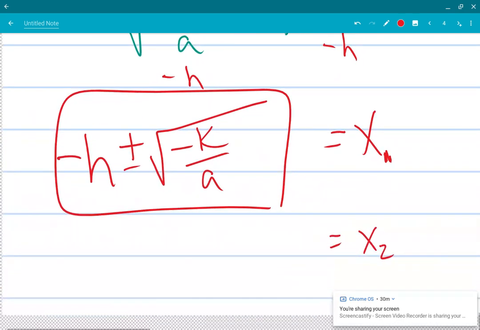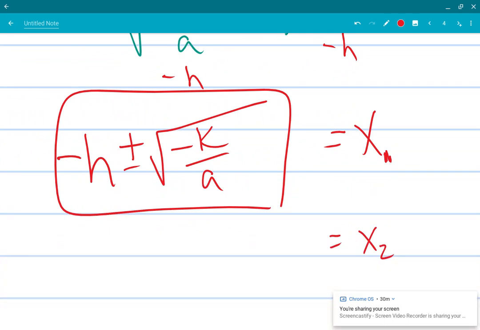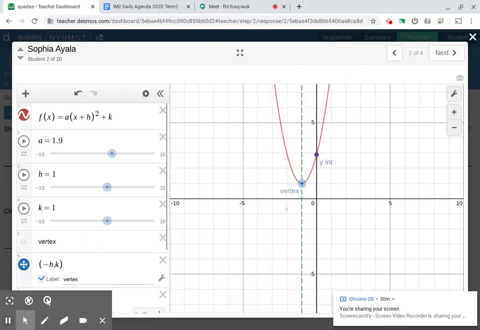Let me see if I can remember this. Negative h. I don't know. This is like some funky formula, right? So I'm going to go back and forth. Is that okay with you guys? So I'm going to say